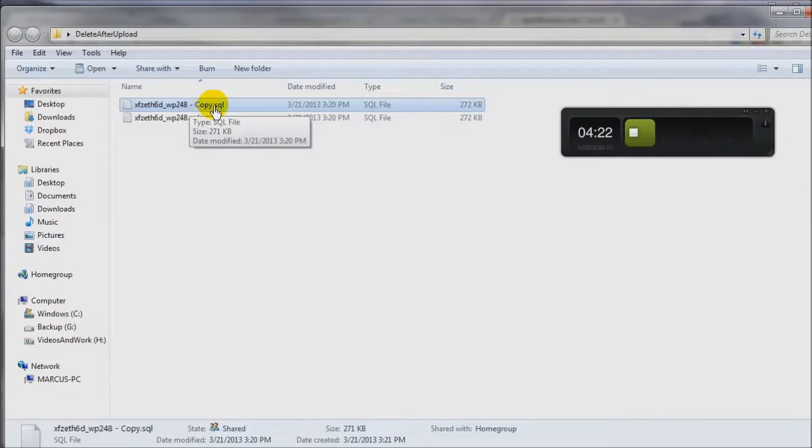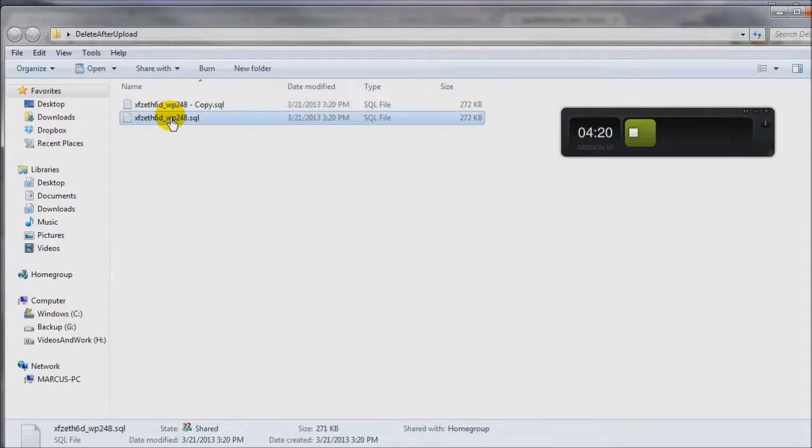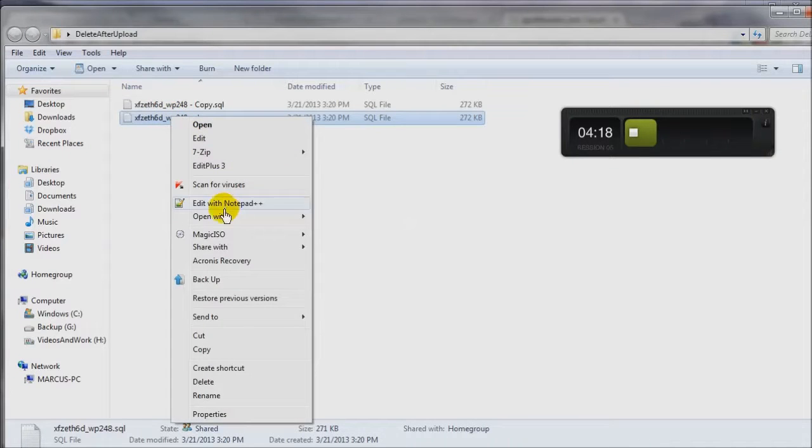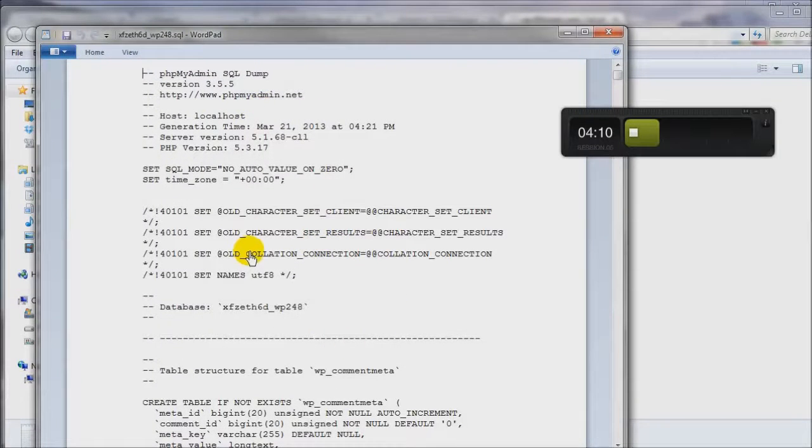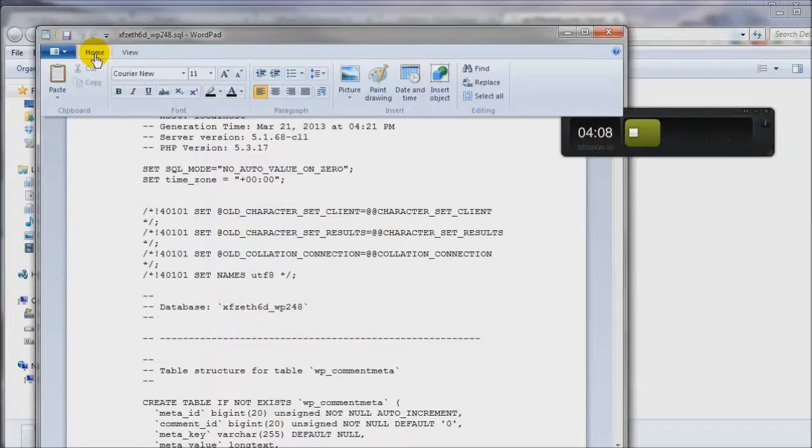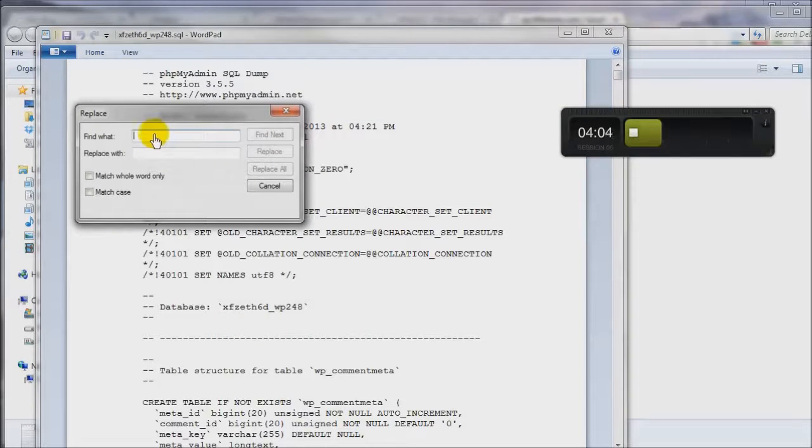Actually, I'll keep this one named copy as the backup, and we'll open this one up with Notepad or WordPad. Notepad will work just as well, but it looks like gibberish. So let's go ahead and use WordPad, because there's some formatting involved here. Come on up here to Home, go to Replace, and find what we want to find, the WP_, and we want to replace it with our new one, which is, let's give it a name, GOTU_,